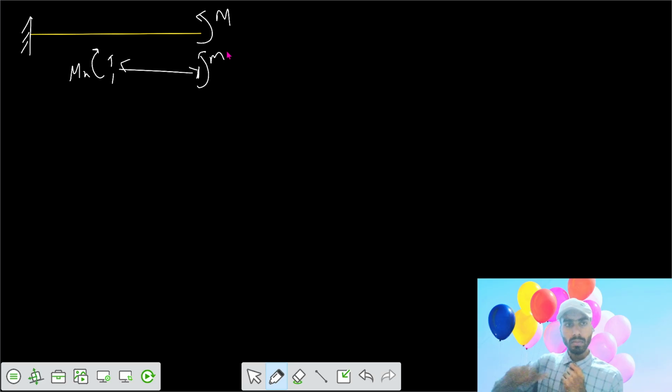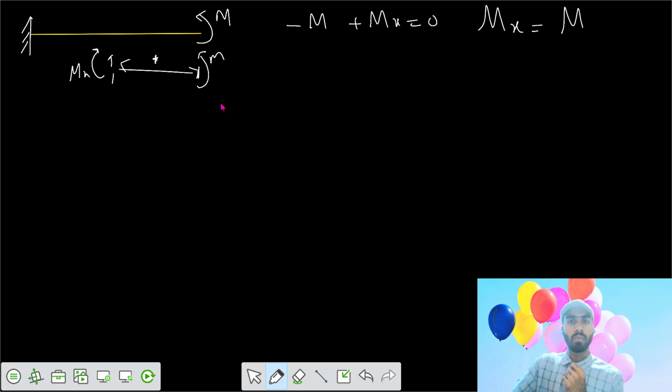We can write that minus M plus Mx equals to 0. So your moment at any x becomes equal to that value of M. So your moment is positive, a sagging moment. Now let's say we have that equation EI d2y by dx2 equals to your moment M, and similarly we